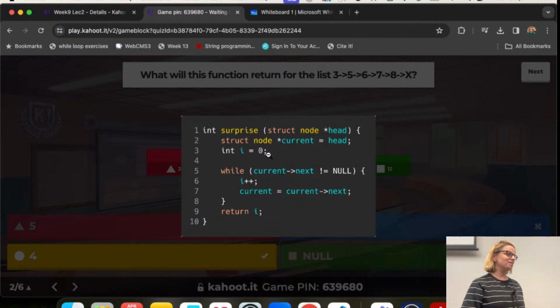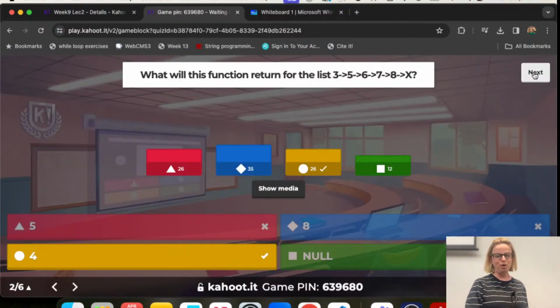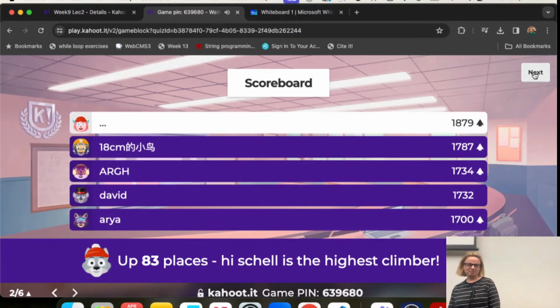I've forgotten what I was. Was it 1? Now it's 2. Then I move over to 6. I'll check again if the next one's at null. It's not. So that means I'll increase the I one more time to 3. Okay, great. Then I'll move it over to 7. I'll check if the next one is null. No, it's not. So I'll increase it one more time to 4. And I'll move my current to the next one. And then the next one is null, so I won't go into this loop, which means that my I is going to be 4.